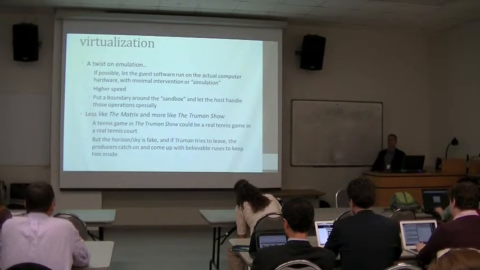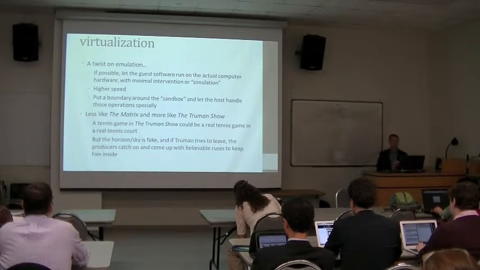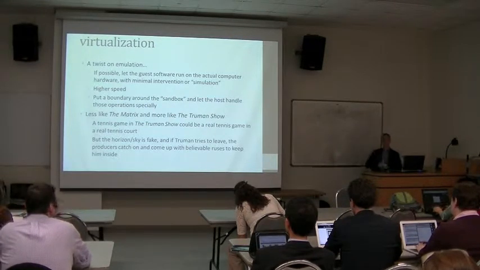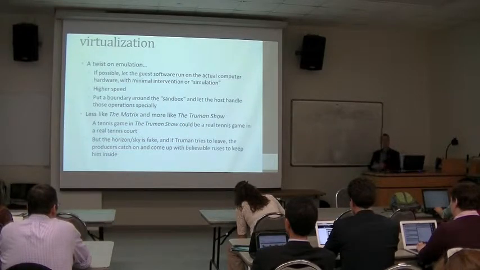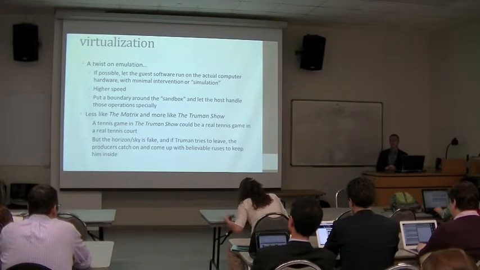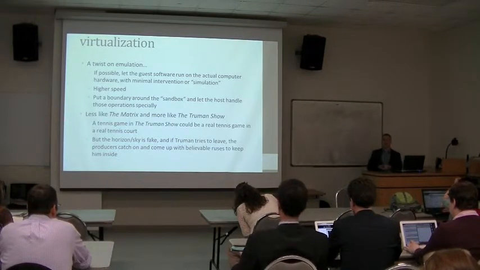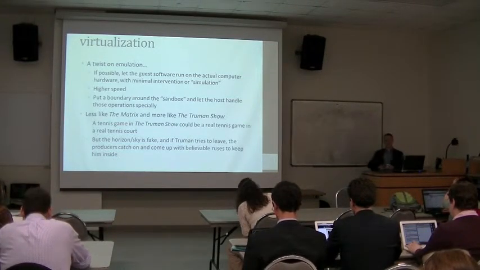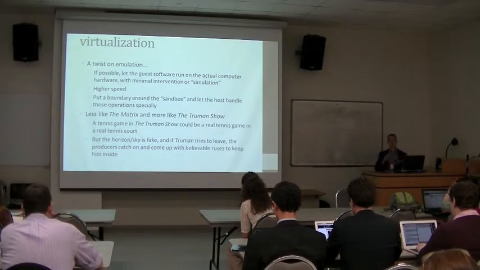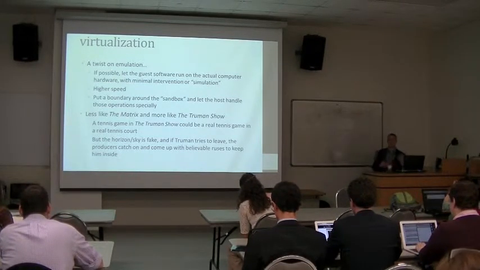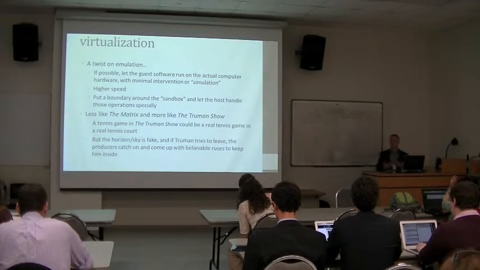For now, we're going to look at virtualization. So virtualization is a twist on emulation. Basically, emulation is expensive, meaning it takes a lot of work to create a simulation that's convincing to the software that's running. Virtualization is a little trick. You can think of it as being less like the Matrix and more like the Truman Show. In the Truman Show, if the character is playing a game of tennis, it's a real game of tennis with the real laws of physics on the real earth. It's not pretend. It's just that when he goes to leave, someone gets in his way and comes up with an excuse for why you really don't want to leave, and that the sky out there that he thinks he sees isn't actually real. That's basically the way virtualization works.